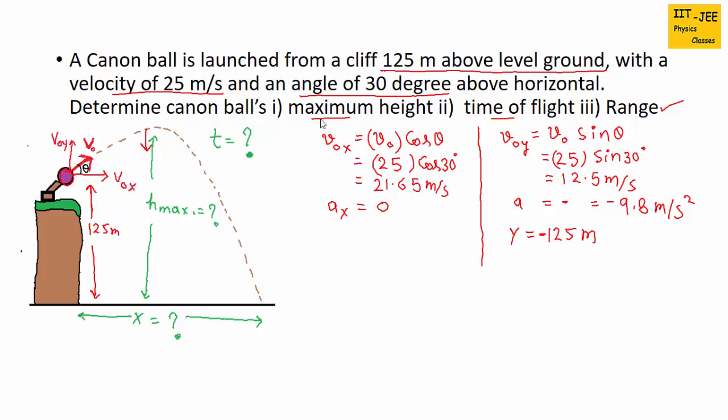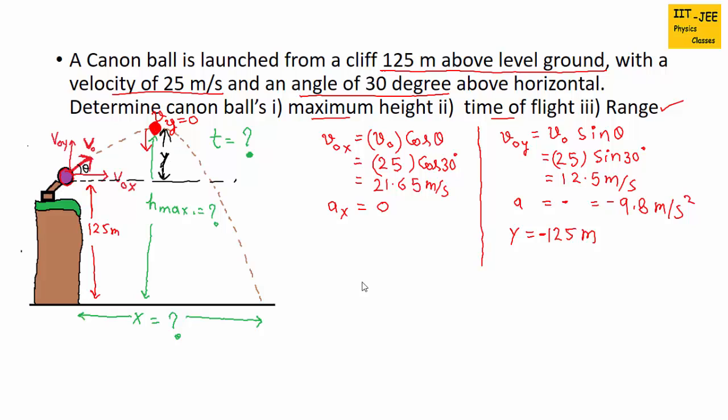So first of all we have to find the maximum height. Maximum height is the height of the ball when it is at the top of its path, like at this point. This is the top of the path, and the height from the ground would be the maximum height. You know, at the top of the path, the vertical component of velocity goes to 0. That means at this point Vy equals 0. Here first of all we will find the vertical displacement delta y. So this will give us this y.